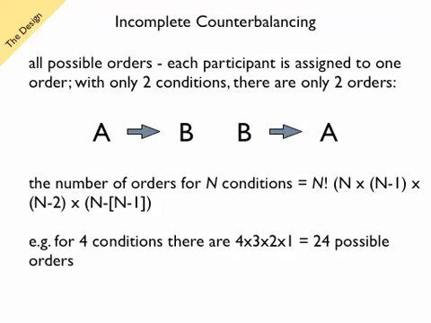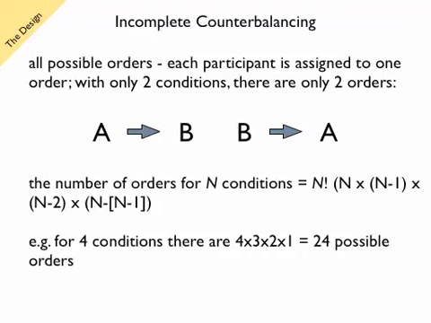With only two conditions, there's only two orders to do, A to B, and then B to A. Now, this isn't ABBA because not everybody experiences both of these orders. Half of your group would experience A first and B second. The other half would experience B first and A second. Two conditions, two orders. But the number of orders for n conditions, where n is the number of conditions, is